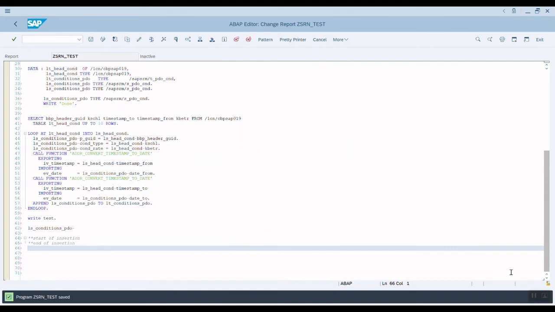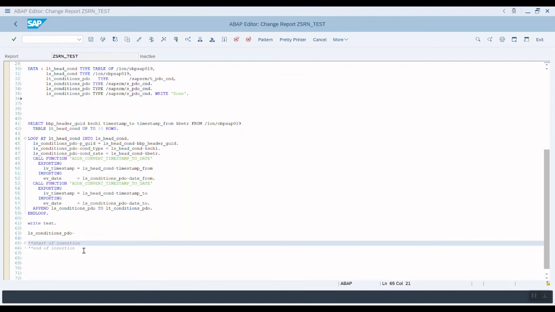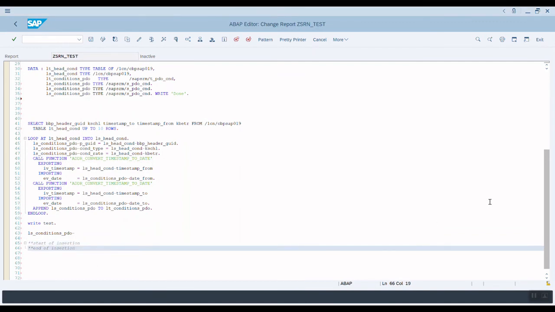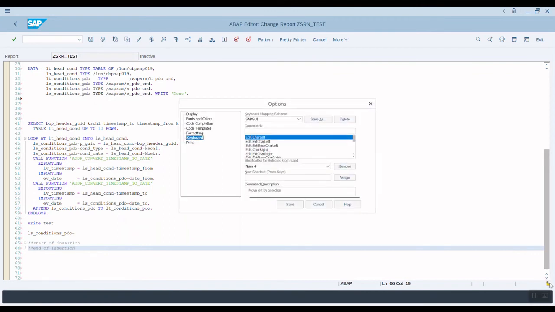And the next one is assigning a custom keyboard shortcut. For that, you go to the right corner of the editor, where there will be a clipboard icon. Double click, and go to the keyboard option. For each action, there will be a shortcut key assigned. We have to find out for which action there is no shortcut key assigned. I have found one action where no shortcut has been assigned. That is edit, copy, append.